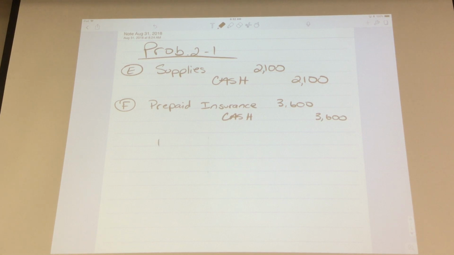All right, so think about prepaid insurance. It is an asset. Prepaid insurance is an asset to you until you use it. So it's just like supplies. Supplies we buy as a group and then we use them gradually over time. We put the supplies in letter E in the asset account, and we treat it as an asset until we use the supplies. The same thing with the prepaid insurance. It's an asset, and when we use the prepaid insurance,